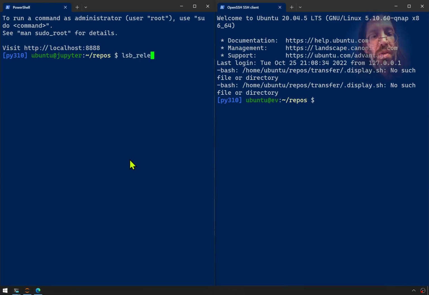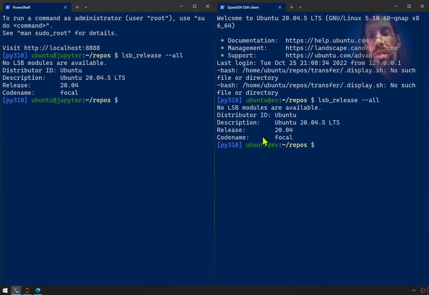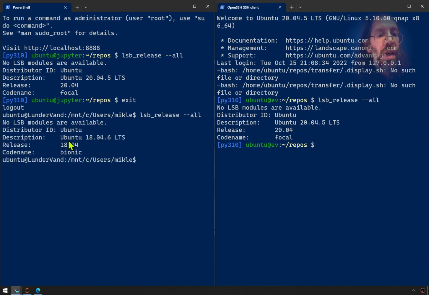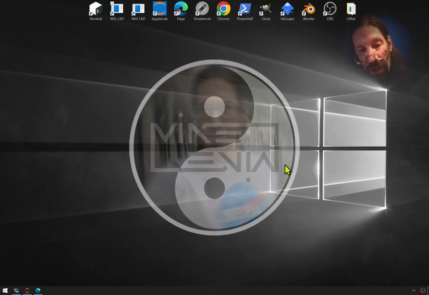lsb_release -a, 20.04. Exit. lsb_release -a, 18.04. Exit. Poof, it's gone. Here, exit. Poof, it's gone. So it starts to give you some idea of what's hosting what of my environment,